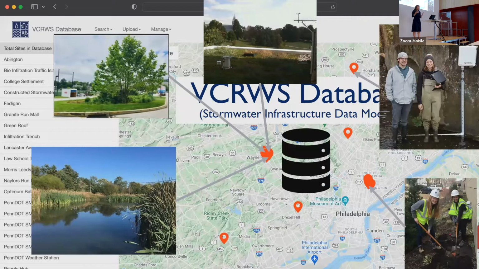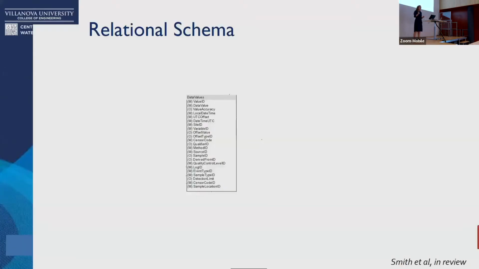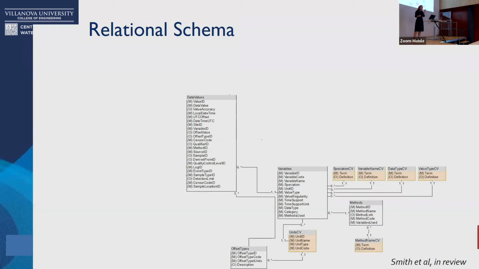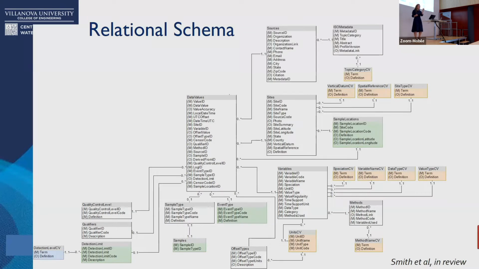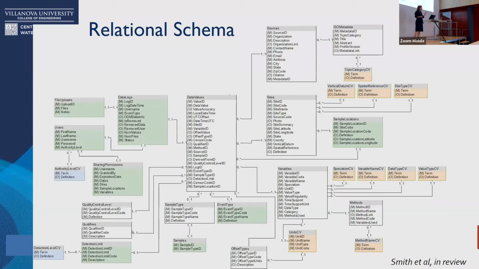So what we did is we built a novel data model called the Stormwater Infrastructure Data Model. It's based on CUAHSI's observational data model, which is used for hydrologic science in the US, and also similar versions of that are available here in Europe too. And it's a relational data model that allows us to take all of this data, and every observation has 21 pieces of metadata associated with it. So what time was this collected? Where was it collected? How was it collected? Was it storm or base flow? What was the detection limit for how you were collecting this? And it's all collected in these 21 different tables.